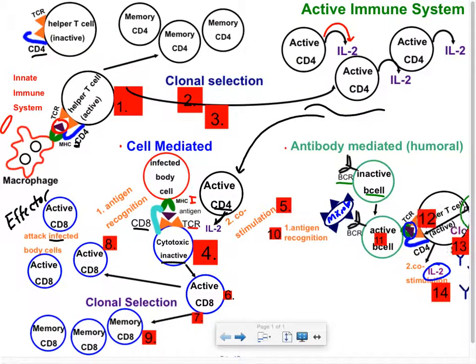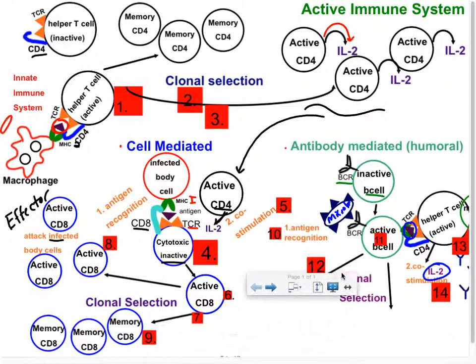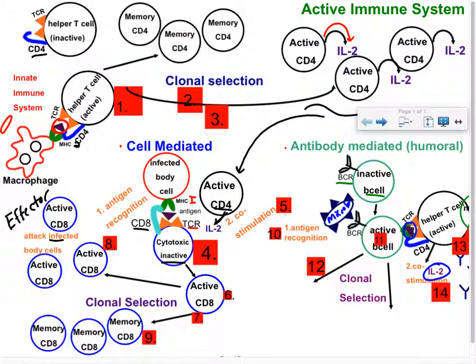So now the B cell is active, and it can start to make more B cells. It can either make memory B cells. These are more